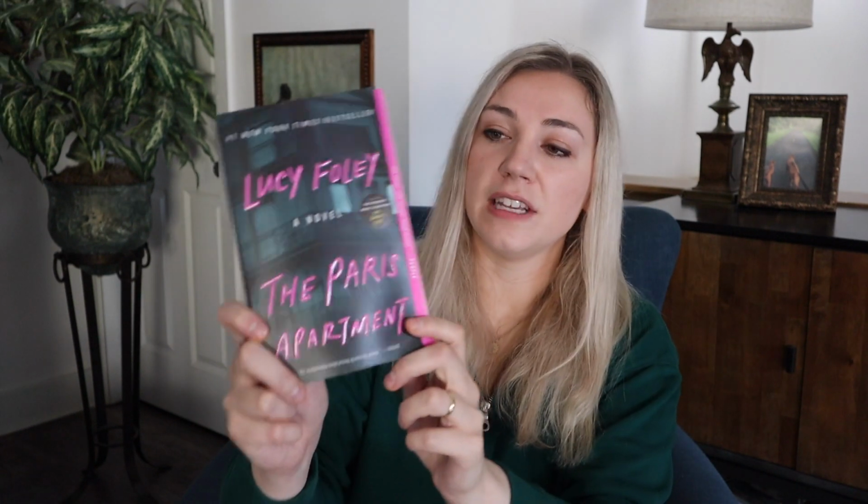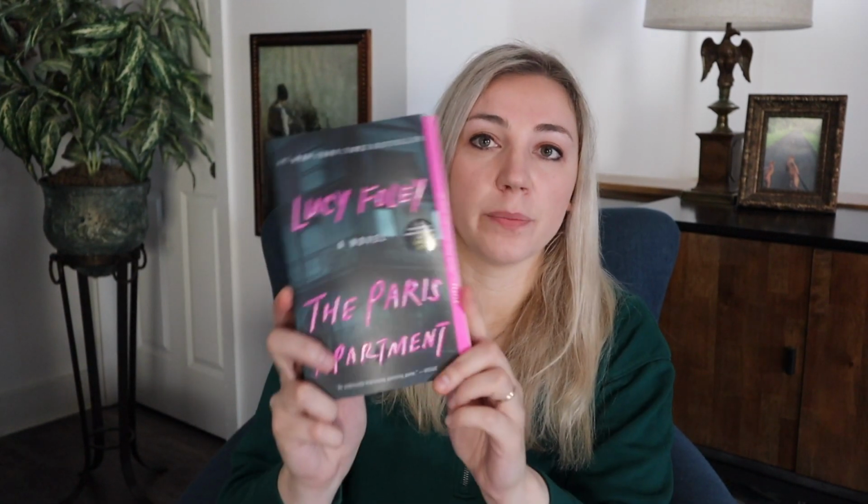Next we have Lucy Foley's The Paris Apartment. I did really enjoy The Guest List, which was a Reese's Book Club pick. So I have been on the lookout for The Paris Apartment. Again, just got it for about $5 on Book Outlet. And it looks like it follows the residents of an apartment building, and they're all these different personalities. Says everyone's a neighbor, everyone's a suspect, and everyone knows something they're not telling. See you in Paris. Sounds great. I think she pretty much always writes from multiple perspectives, which, as I said, I really do enjoy in a